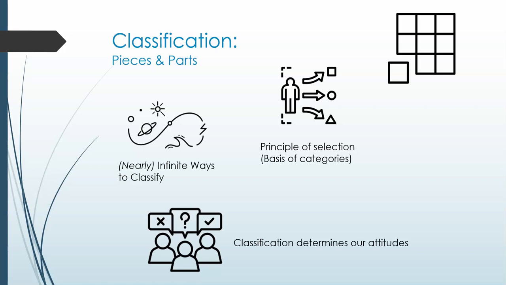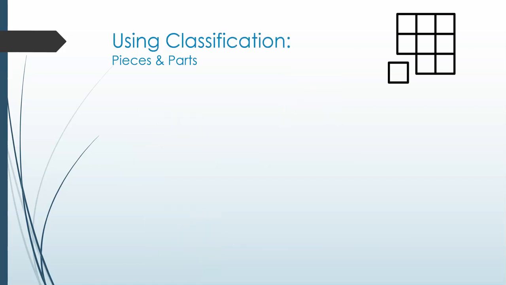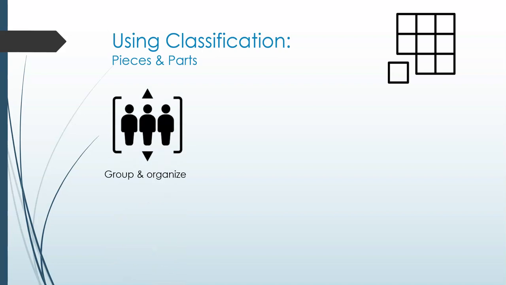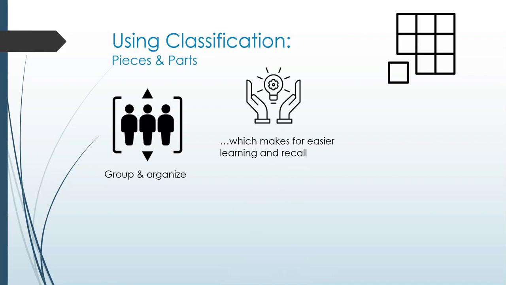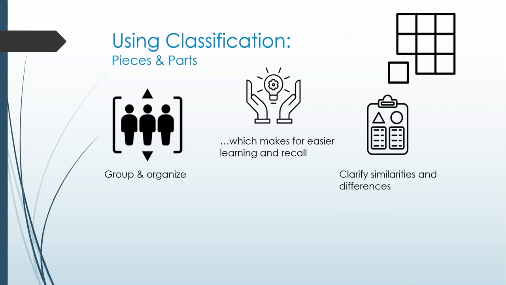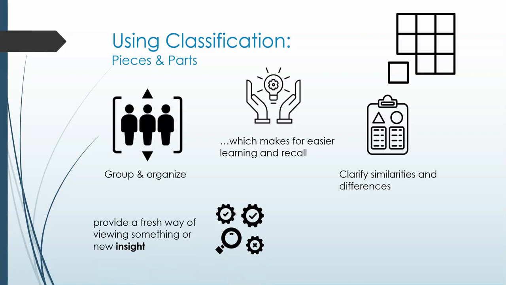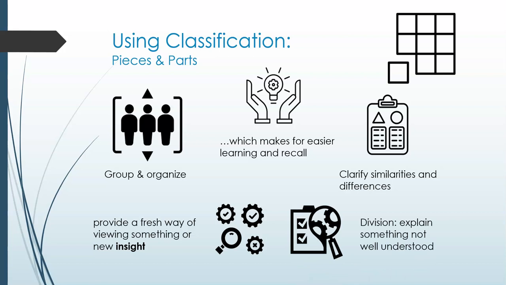Classification determines our attitudes and behavior towards the object or the event in question. Classification has several uses, some of which we've already been discussing. Classification can be used to group and organize information, which leads to easier learning and memory. Classifying helps clarify the differences and similarities in the things being classified, and it can create a fresh new way of viewing something. Finally, it can help explain things that aren't well understood by grouping them together with similar things, or breaking them down into their parts,